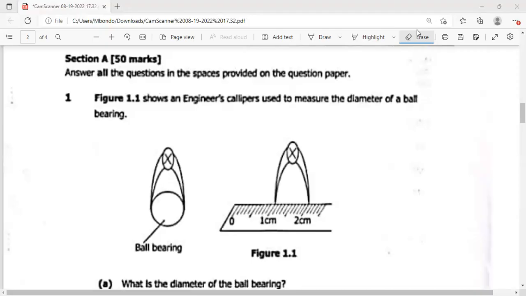Now remember that where the engineer's caliper has been put, it's not starting from 0, it's starting from 1 centimeter to 2 centimeters. So to know the measurement, we need to subtract the 2 values that are given. So you have the final reading. So we say the diameter will be